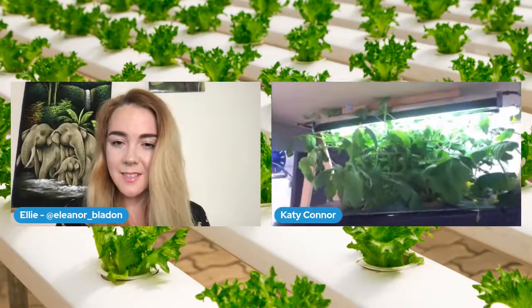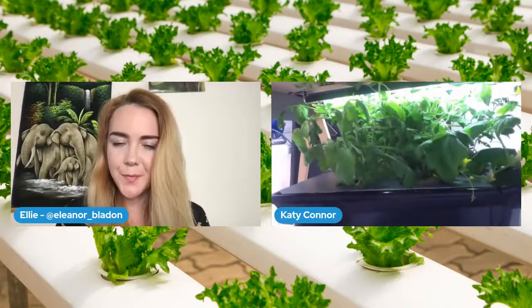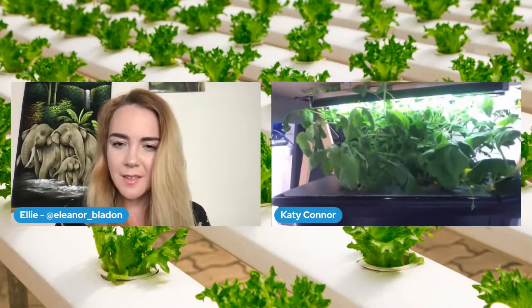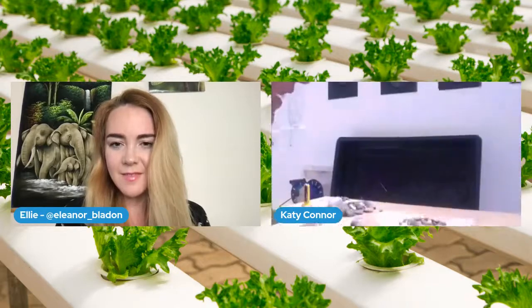The daylight comes from a bulb, 2 LED bulbs, and they're set on a timer that corresponds with the sunrise and the sunset. So it's important to give plants rest time where they can sleep and just have a rest from the daylight. And then finally,